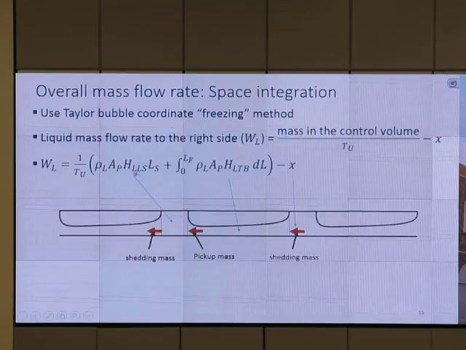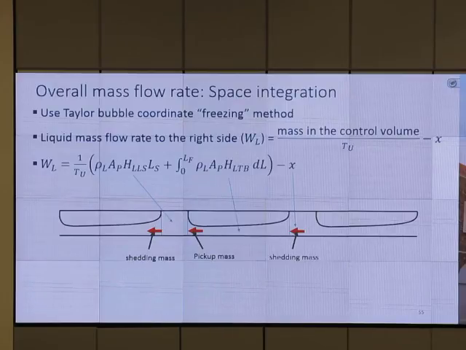WL has to do with the film profile, or film profile is HLTB, and the hold up inside the slug body, and X value. Okay, so when we calculate film profile, if we have the film length too long, WL that is calculated by this way is not going to match the given WL. Okay, we want to stop film profile calculation when WL calculated from the film profile calculation matches with the given